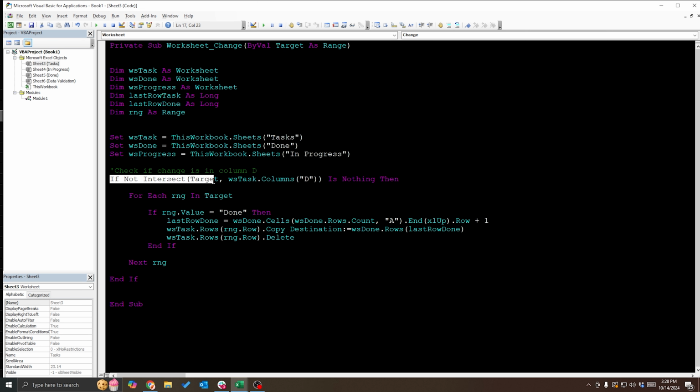So we're still checking if our intersection is in the target range, which is column D, which is correct. We're still looping through each of the rows, but instead of checking if it is done, we're going to check if it's in progress, okay? So we basically just need to create an Else If section of this. Else If the range value equals in progress,